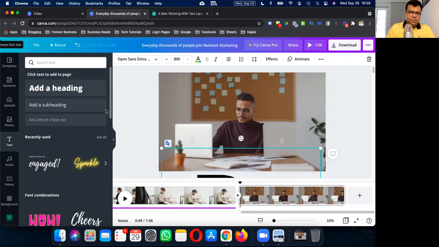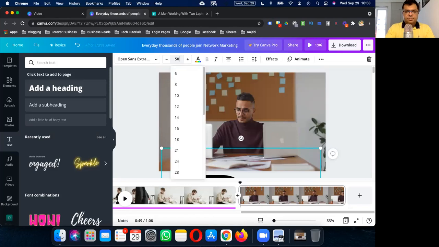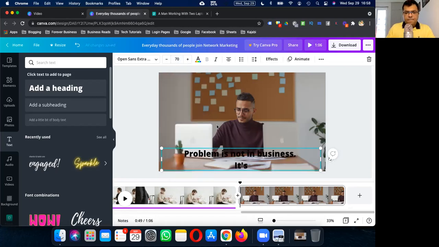Let's change the text size, 50, or let's increase this to 70.